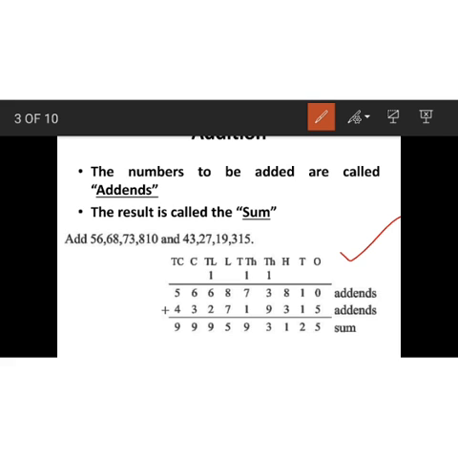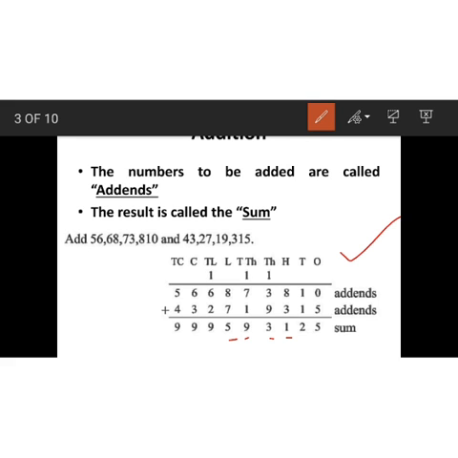So, when we are adding 0 plus 5, we get 5. Then 1 plus 1, we get 2. 8 plus 3, we get 11. Write 1 here and put the carry over. 9 plus 3, 12. Plus 1, 13. We will write 3 here and carry over. Then 1 plus 7, we get 8. 8 plus the carry 1, we get 9. 8 plus 7, we get 15. We will put the carry here.